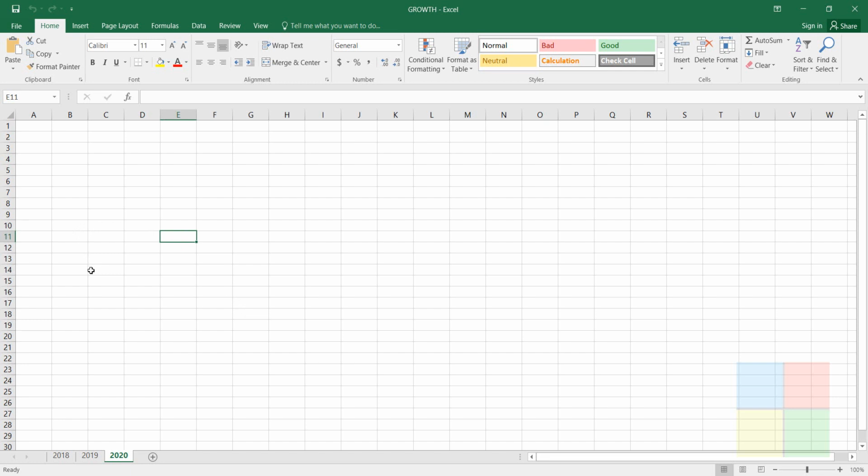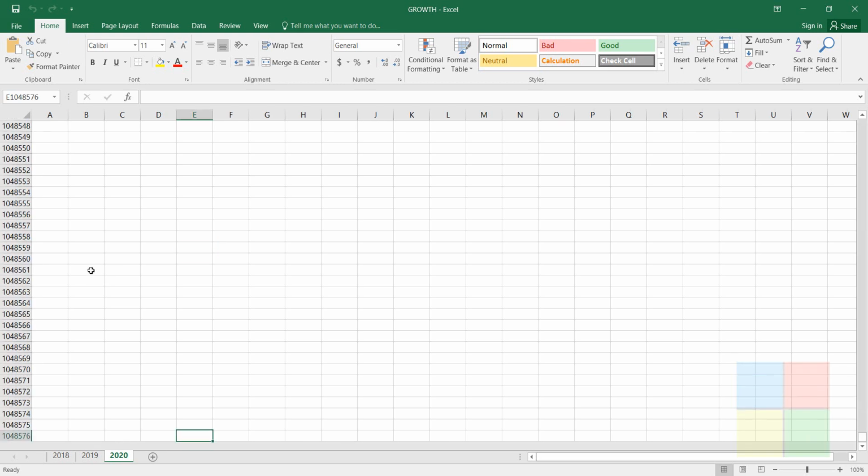In the same way, if you want to come to the last row, you can either click on the down arrow key, or you can click on Control plus down arrow, which takes you to the last row, that is 1,048,576. Got it?